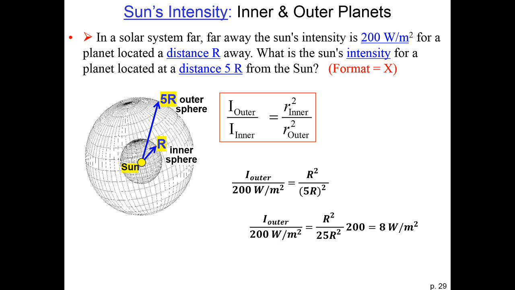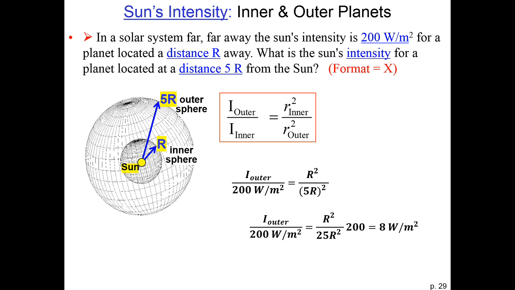So we rearrange, and we get that 200 watts per square meter times r squared divided by 25r squared is equal to the outer intensity. So the r squares cancel, and we get 200 divided by 25 and get 8 watts